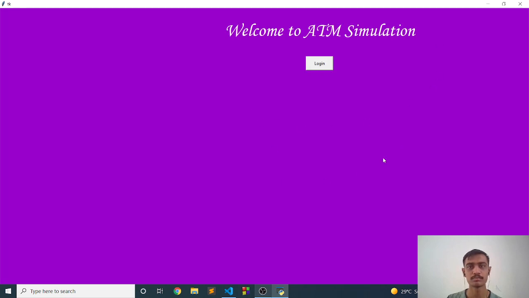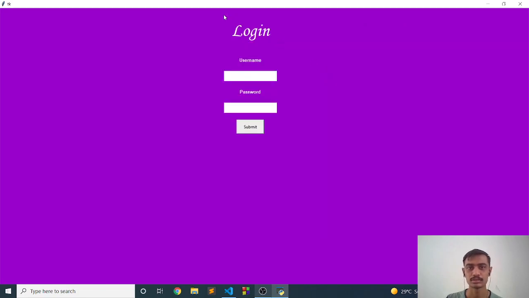So here is the home page. Whenever our user comes to our app, this will be the first page that he will be dropped on. So here is the login button. So this is the login page. As you can see, this is the label and that entry box that we talked about. Here we will input our credentials.